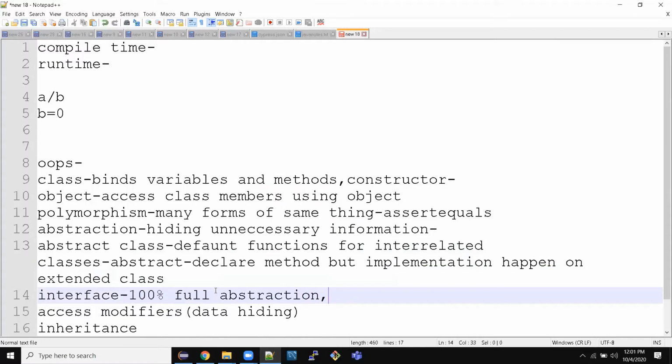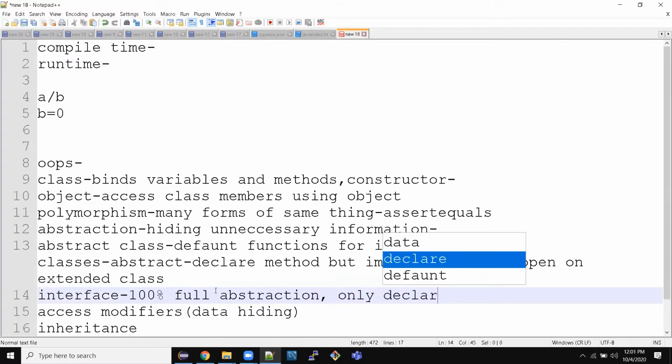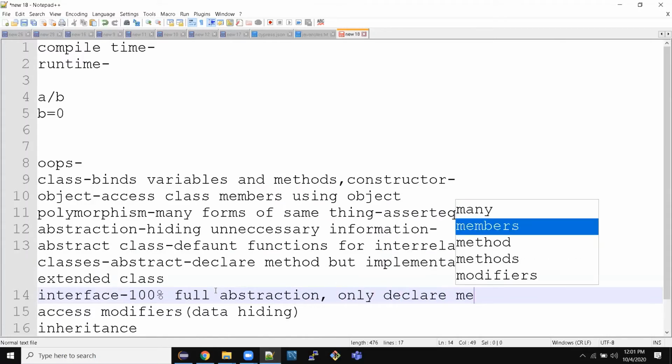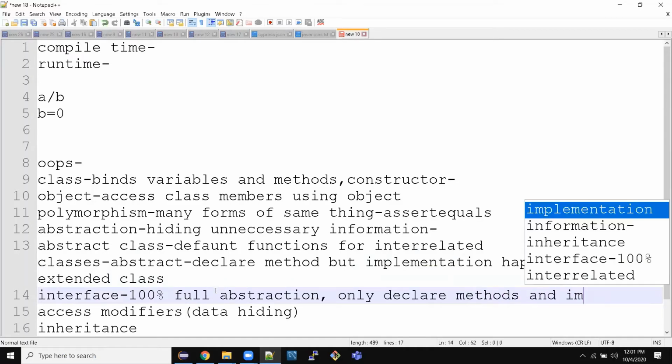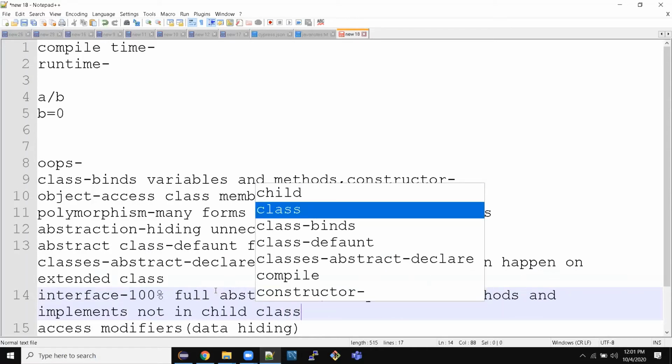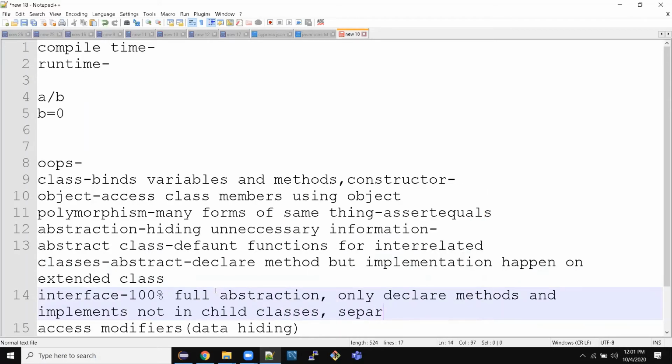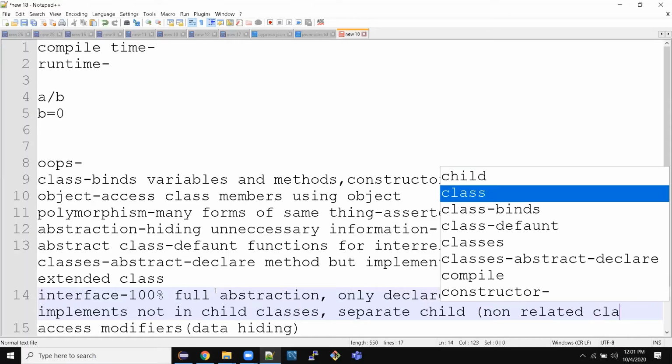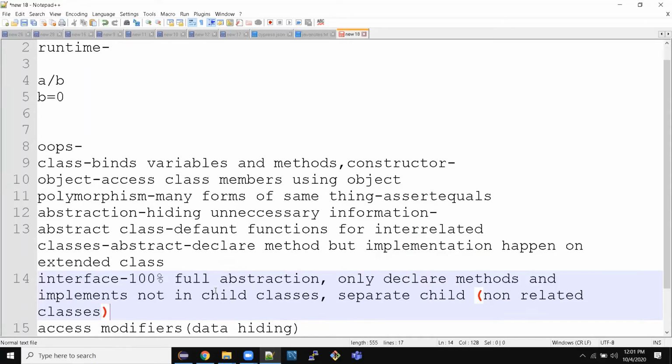That is, you only declare methods, and implementation happens not in child classes, but in a separate class. Okay, so if you need abstraction between interrelated classes, you use abstract class. If you need abstraction between non-related classes, you use interface. Okay,